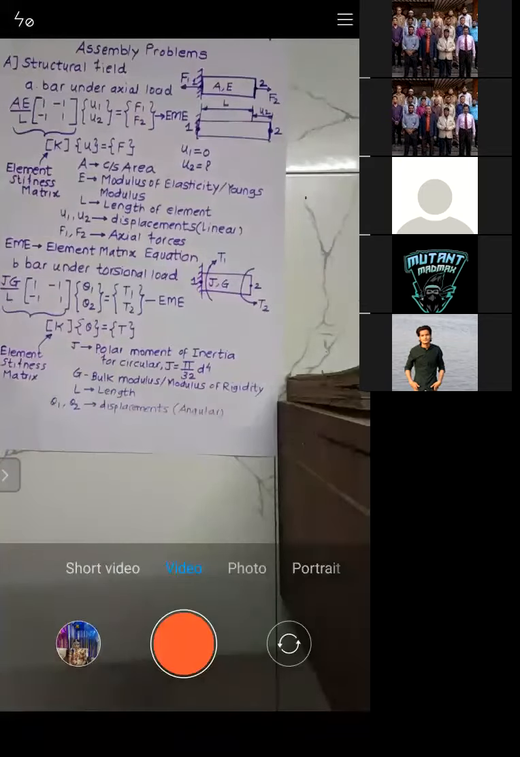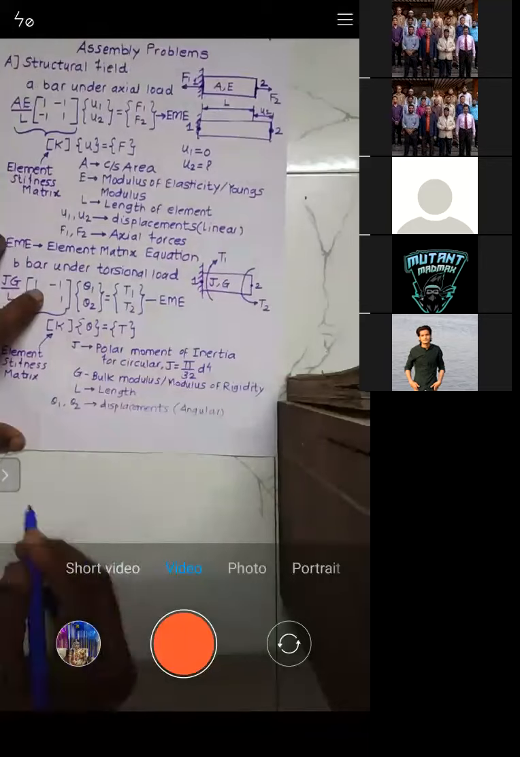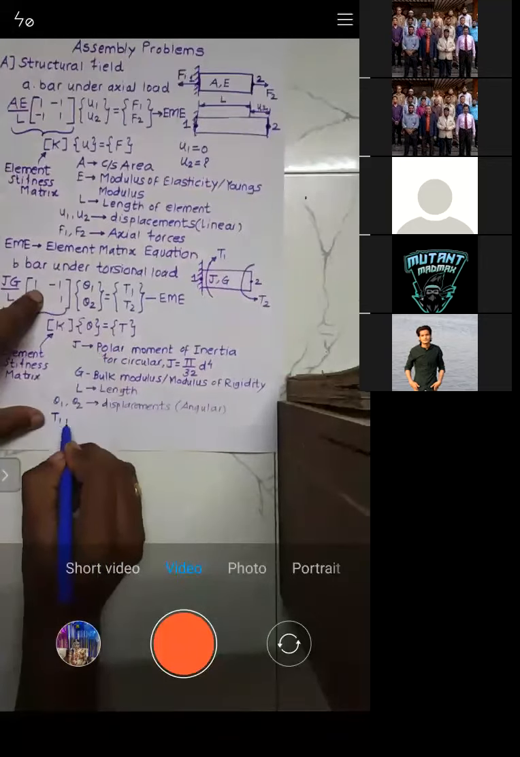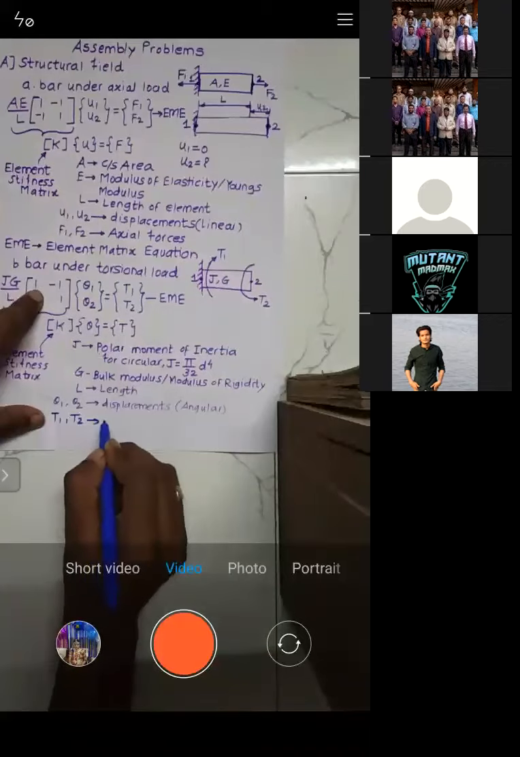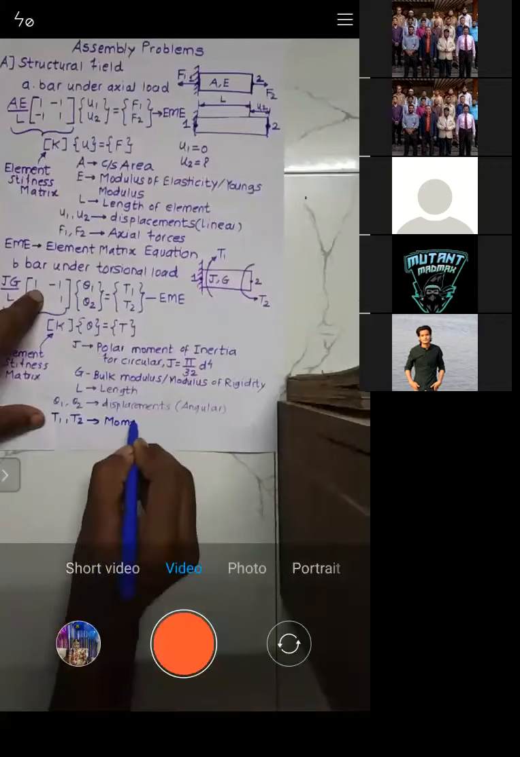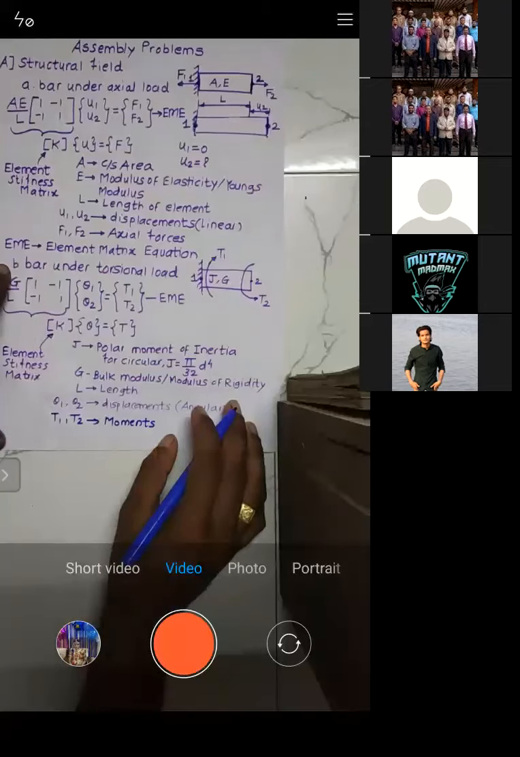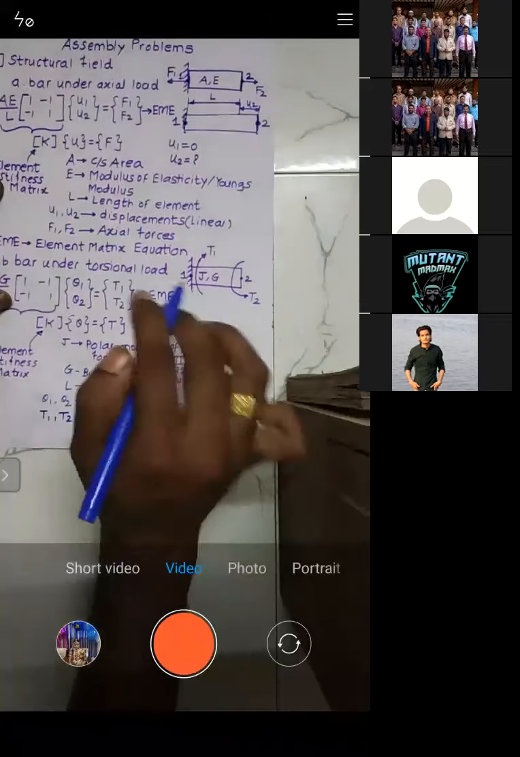Now just go to the next point. What is T1 and T2? Okay, T1 and T2. Torque. They are also known as moments, right? Is that okay? Right? Now see, if you can see here,